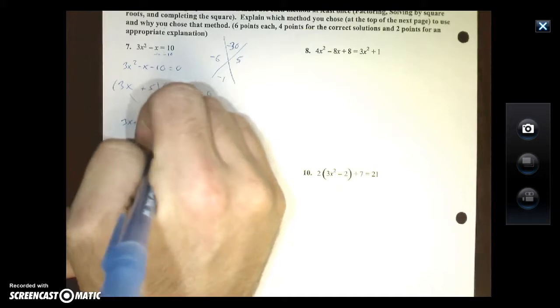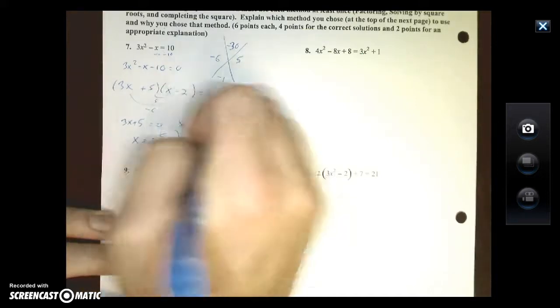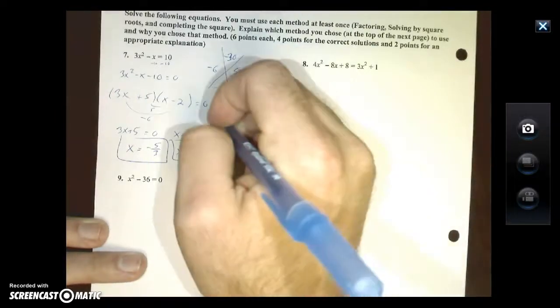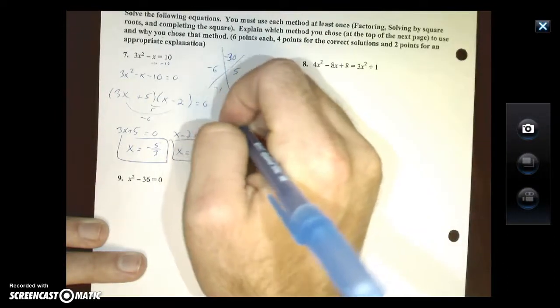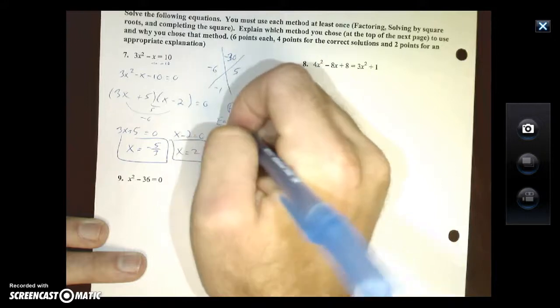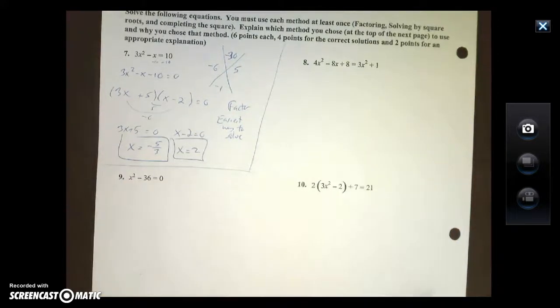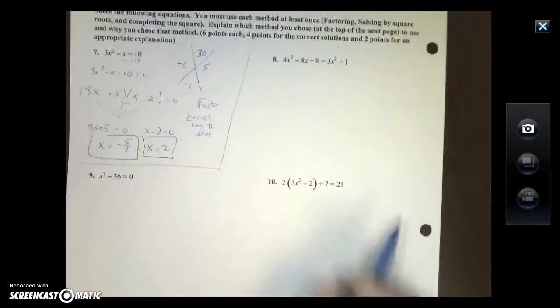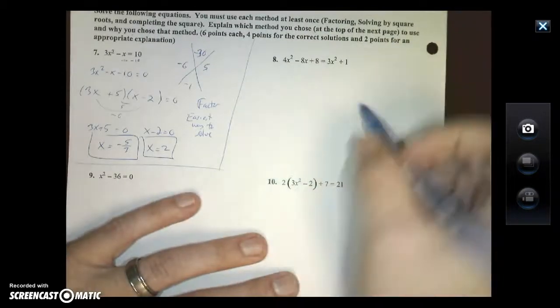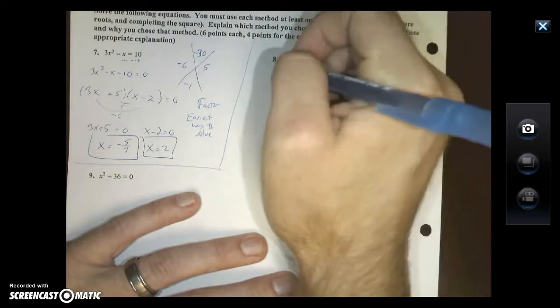X equals negative 5/3, x equals 2. Okay, so I factored here as my reason. Easiest way to solve is my explanation. Okay, that's all we're looking for. Awesome. Now number 8. Same thing, get everything equal to 0, subtract 3x squared over